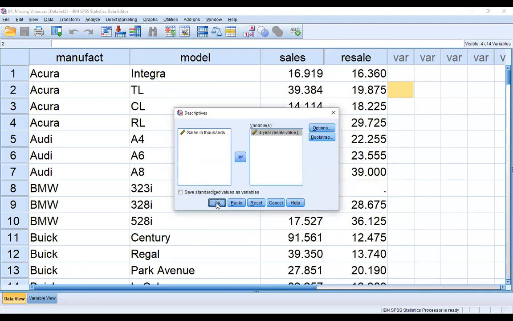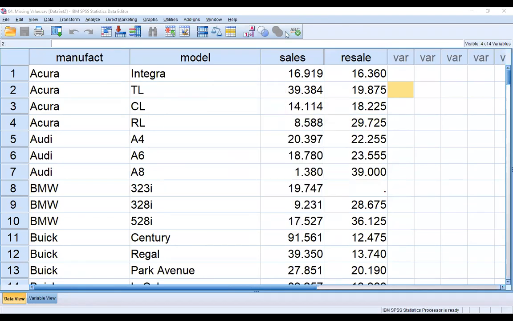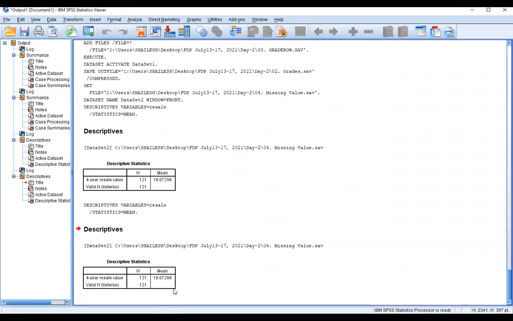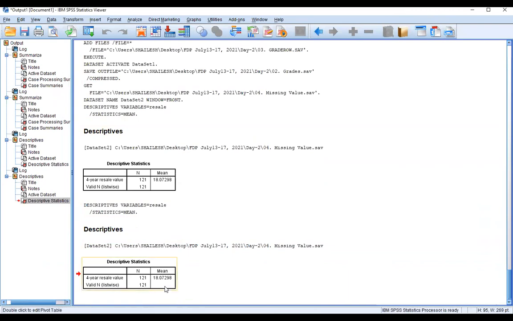Now I can see the mean value in the output. So you can see the output is 18.07. Is it visible now? The 18.07.